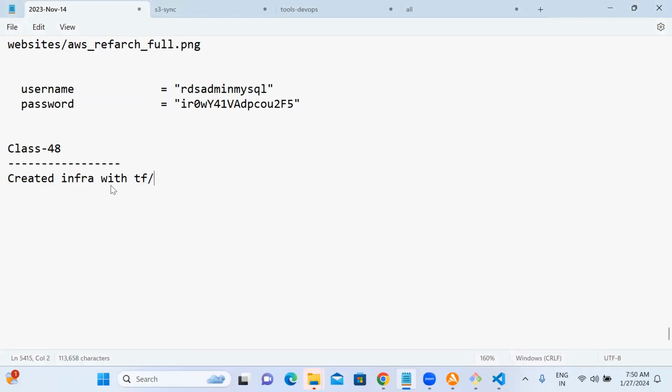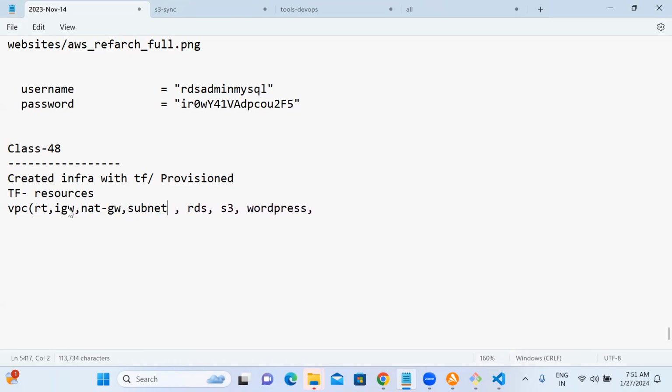The first thing we created with all resources through Terraform are the VPC, RDS, S3, WordPress, and even the route table. And we have learned how we can store our TF state in S3.